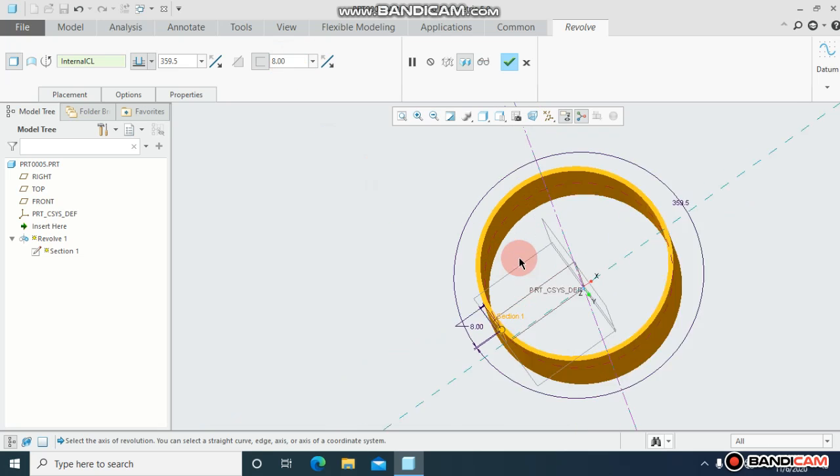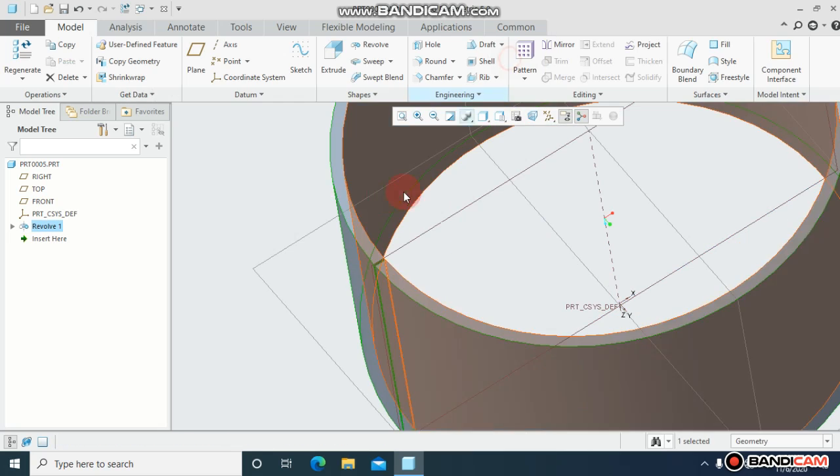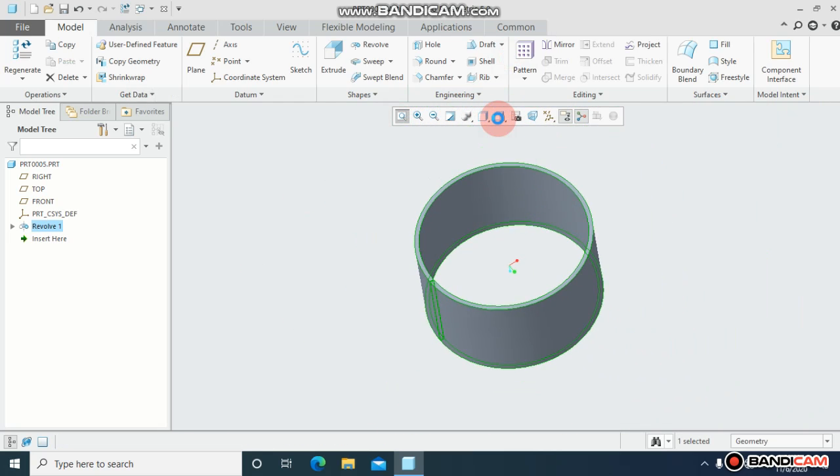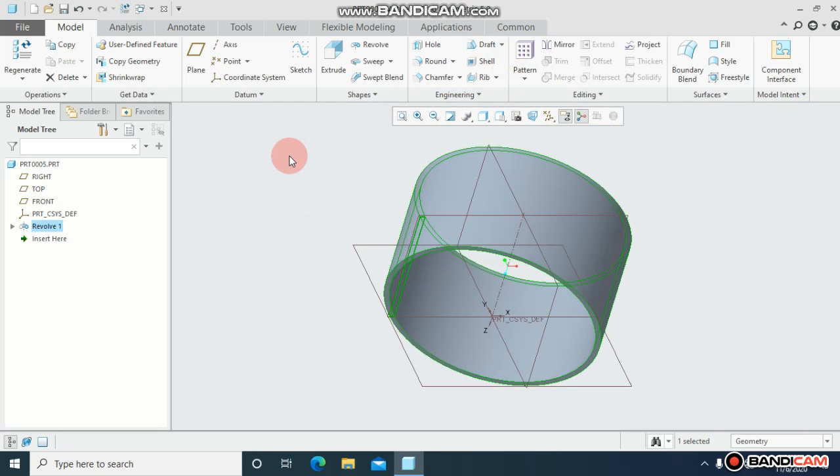Okay, so hopefully you understand how you can use the revolve command as well as the extrude command in Creo Parametric